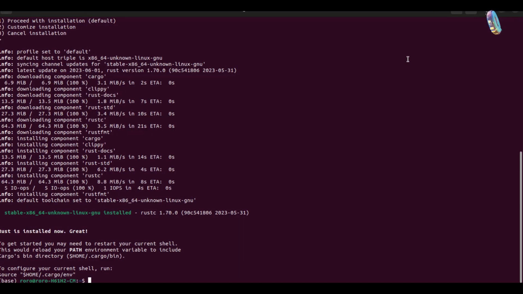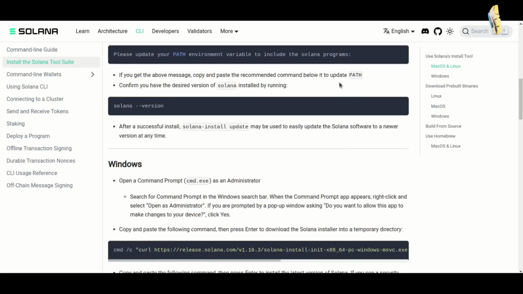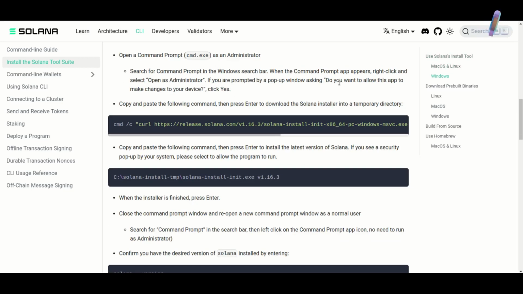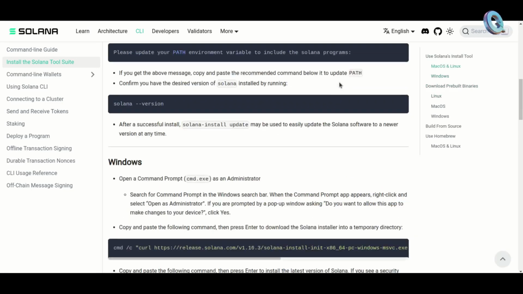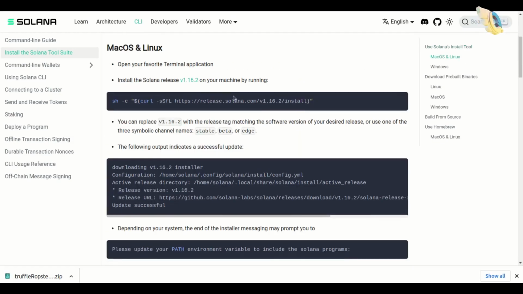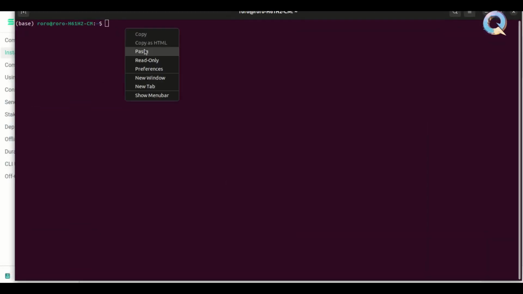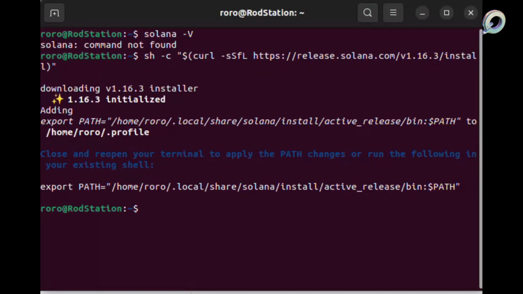For the installation of the Solana CLI, we will go to the official CLI page, link in the description, where we will find instructions for the installation process. On Linux, execute the command copied from the page, and after completing the installation, execute the command to update the PATH variable,